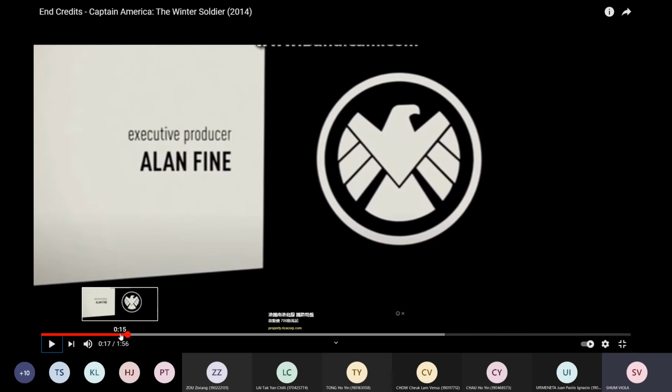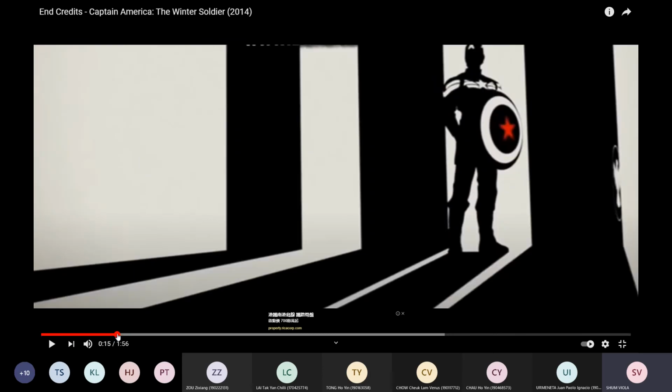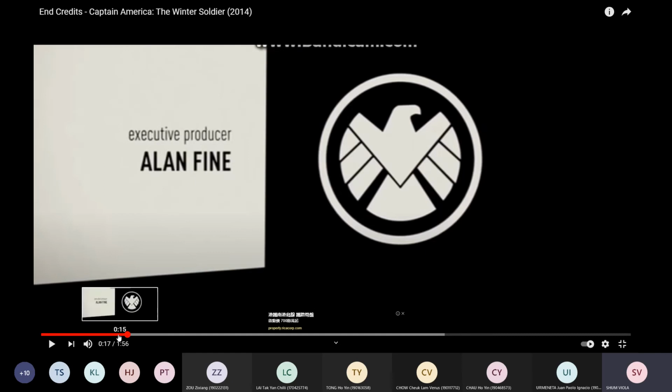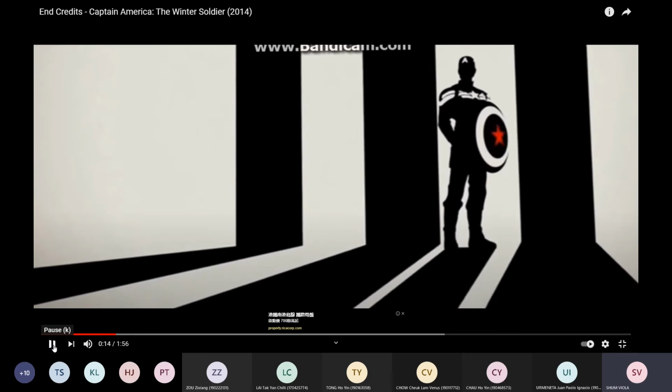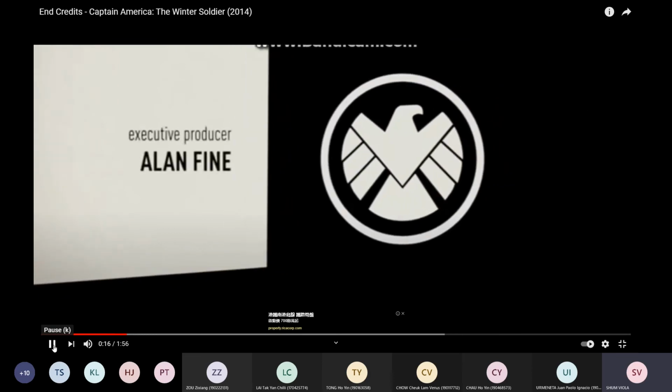So did you see that? What is the transition between this shot and this shot? It's using the match cut, because they're using this kind of vertical line and some shapes here, and then they're using similar shapes and transforming. See?